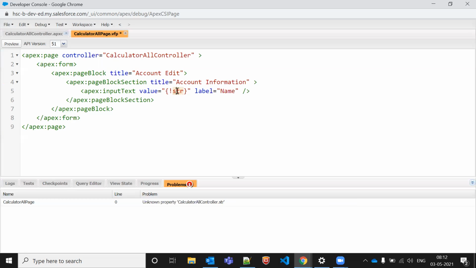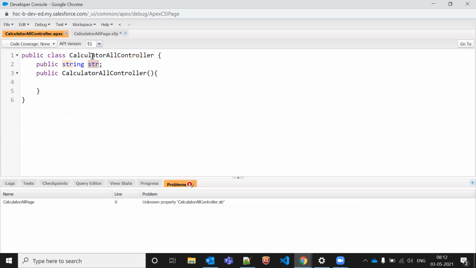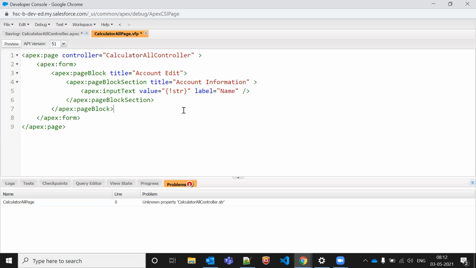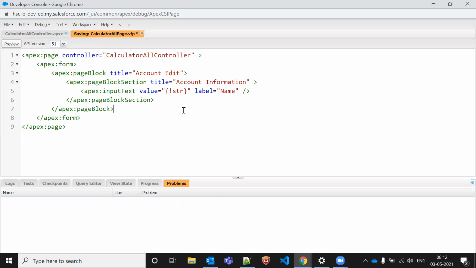Why? Let's say we have an Aura component. In Aura component or LWC, we write @AuraEnabled. Similarly, in the Visual Force page, we need to add it here as an annotation, or functionality-wise, we'll write a getter setter. It's get set only; get set is a short form of getter setter. So I'm passing here getter setter. After that, I'm trying to save this one. Now my error will be resolved.